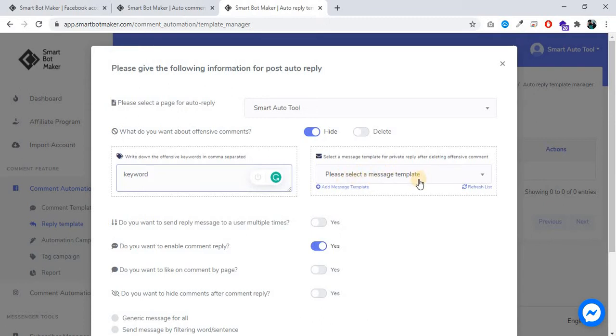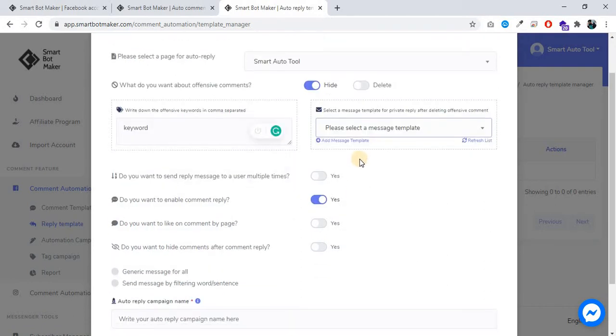You can create a message template from here by clicking on add message template. I show you.